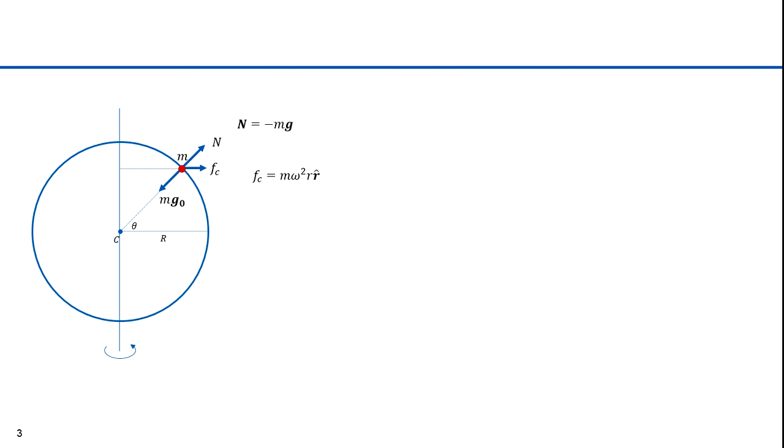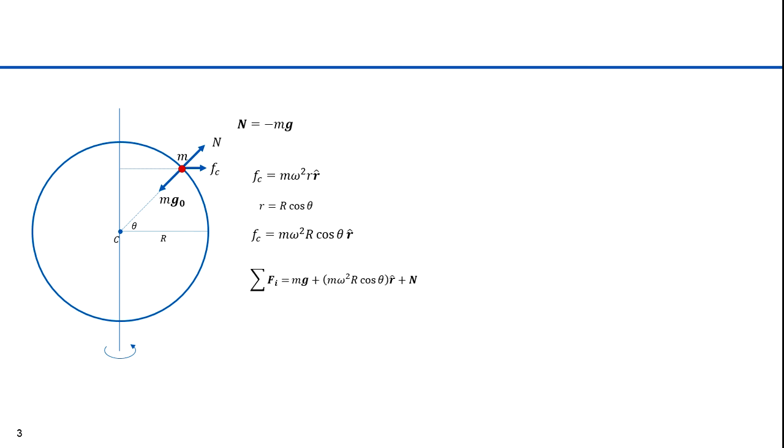The centrifugal force F sub c is equal to m omega squared r times the unit vector r. This force is directed outward perpendicular to the Earth's axis of rotation, not outward from the Earth's center. Big R is the Earth's radius. Little r thus equals big R times cosine theta. The centrifugal force in terms of big R is m omega squared times big R cosine theta times the unit